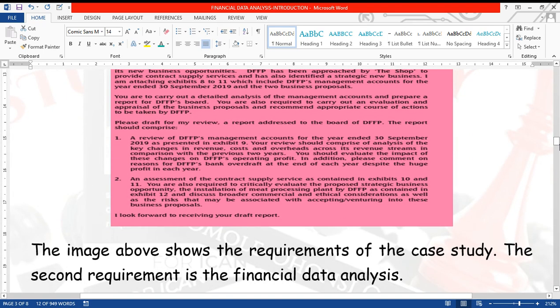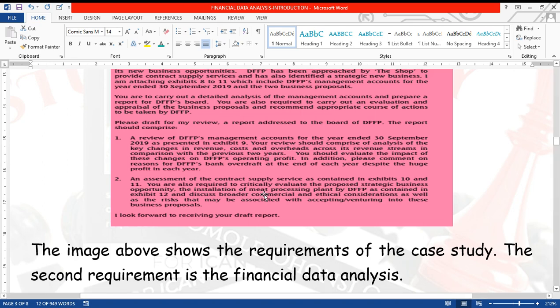Remember we said that financial data analysis would probably involve a contract, a business proposal, or a project or something like that. Now, Exhibit 1 talks about management accounts, financial accounts, all those things that are financial statement analysis. We're not concerned with that here. I've treated that in our previous class, so if you missed that class, please watch that video.